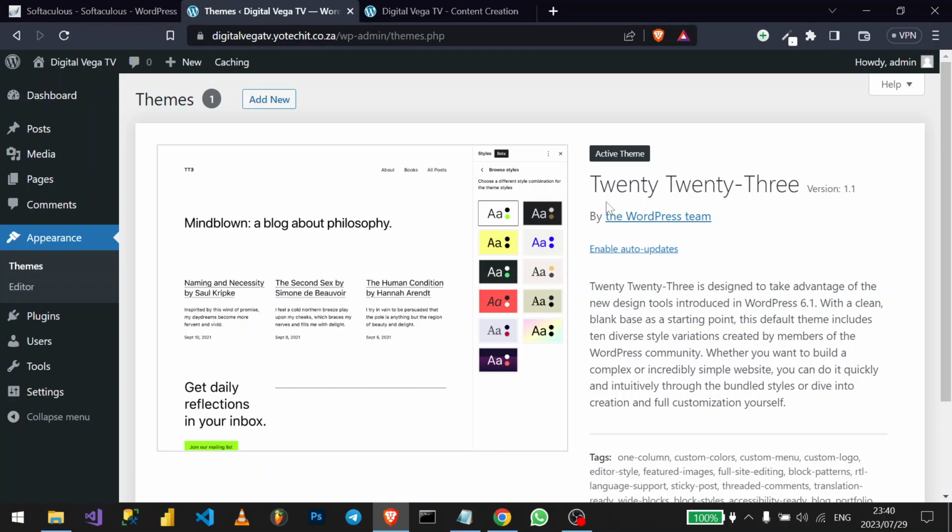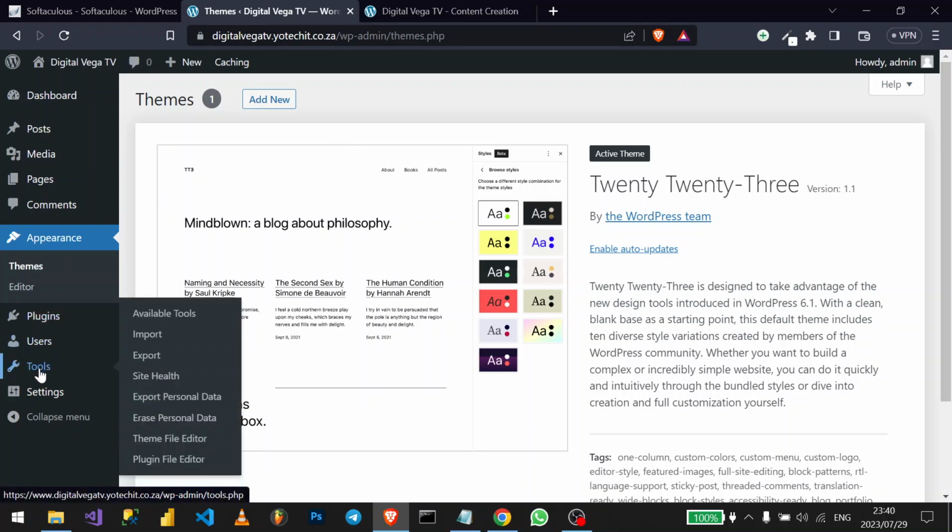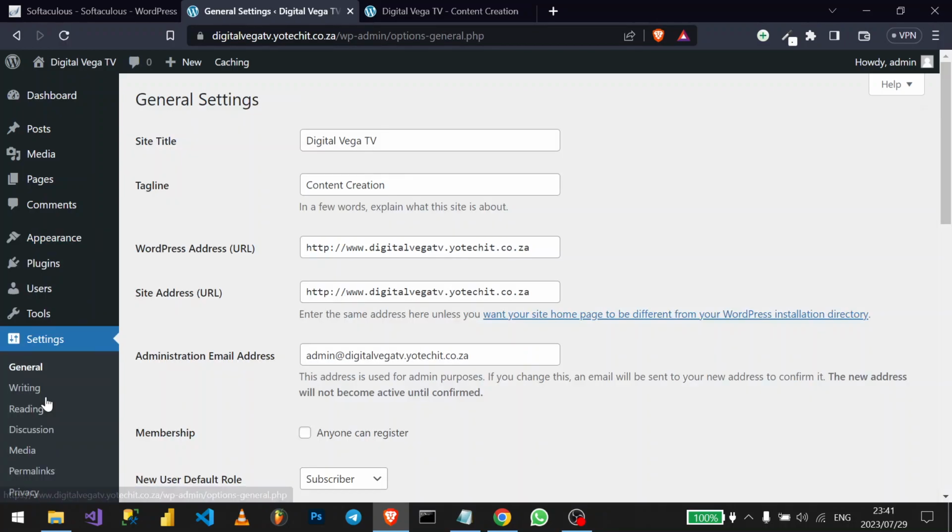Again, the next step is to come here on tools, right? Let's see, is it on tools? Oh, sorry, on settings. Then you click on settings like this. Remember the information that we entered earlier when we were setting up the domain on the cPanel, where we wrote Digital Vega TV. You can also change this and add information. You can say, for example, the tagline. You can say content creation, and maybe you can say